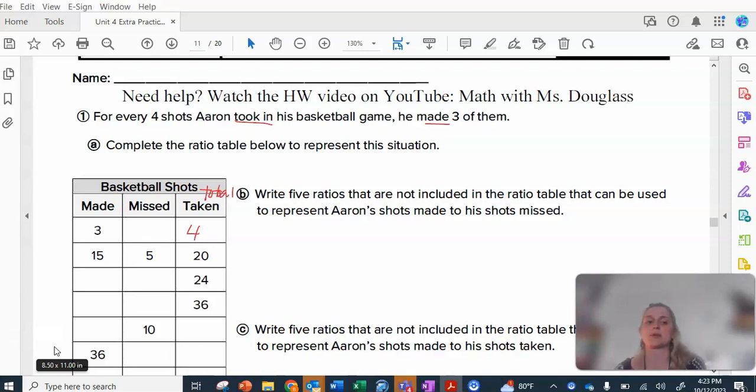So 3 plus what number makes 4? 1. 15 plus 5, oh, that makes 20. Oh, we don't know what goes here. So we are looking for multiplicative relationships that we can use to help us figure out what should be in